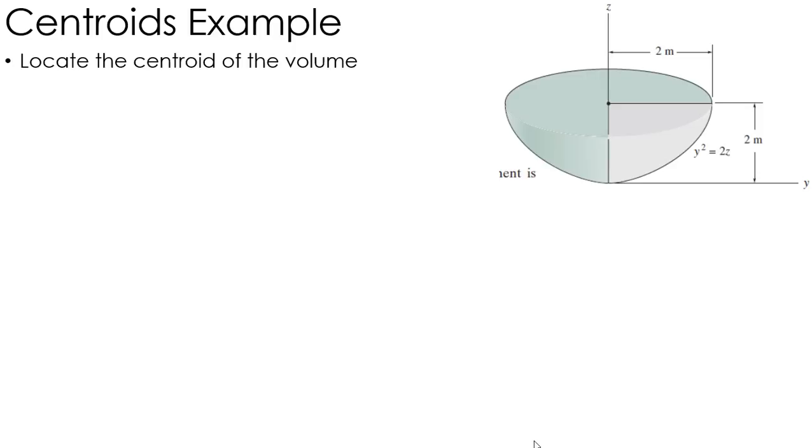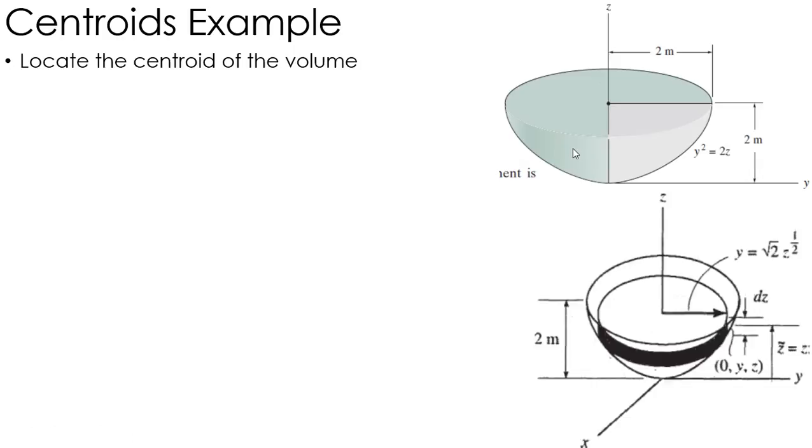Okay, so in this problem, we are going to find the centroid, center of gravity, center of mass, whatever, of this volume over here. The steps that we take to do this: we draw a thin disk, like so. So you've got this thin disk, and then from that thin disk, we need to determine